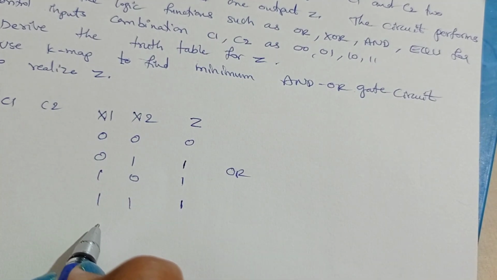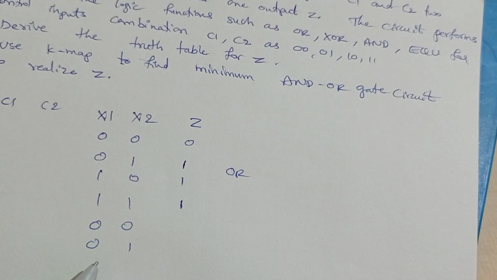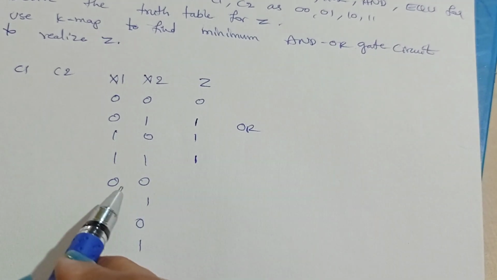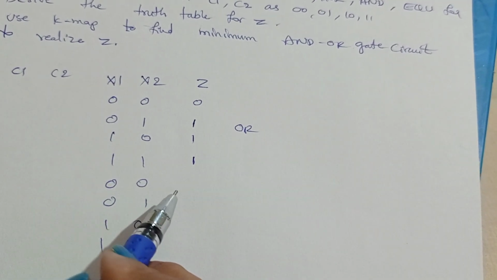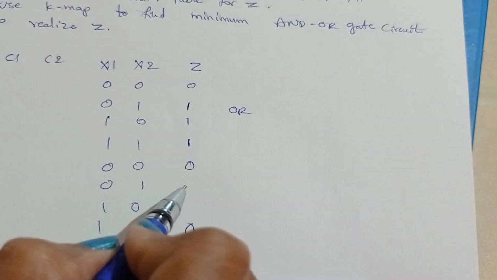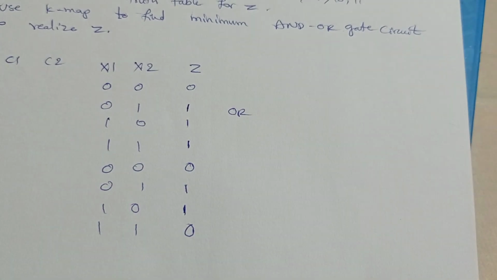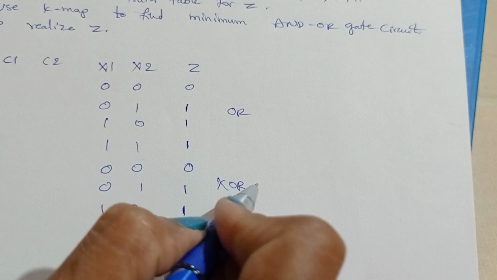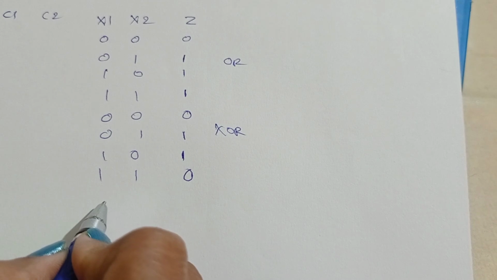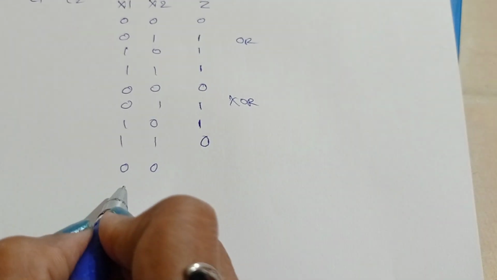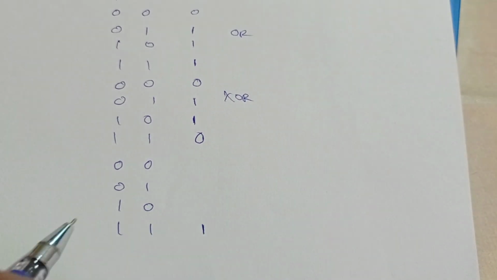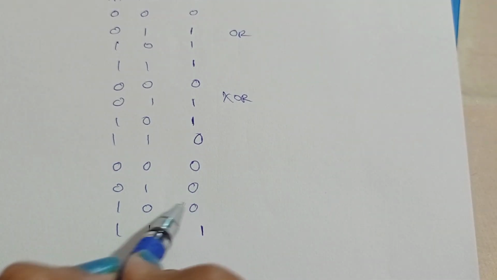So we'll take again the combination values 0 0, 0 1, 1 0, 1 1. For exclusive OR, if both the inputs are the same, then the output is 0. And for the remaining, that is different inputs, the output will be 1. This is XOR. Okay. Next, the AND operation. The AND gate is, if both the inputs are 1 (high), then only the output becomes high. In all other cases, the output is 0.